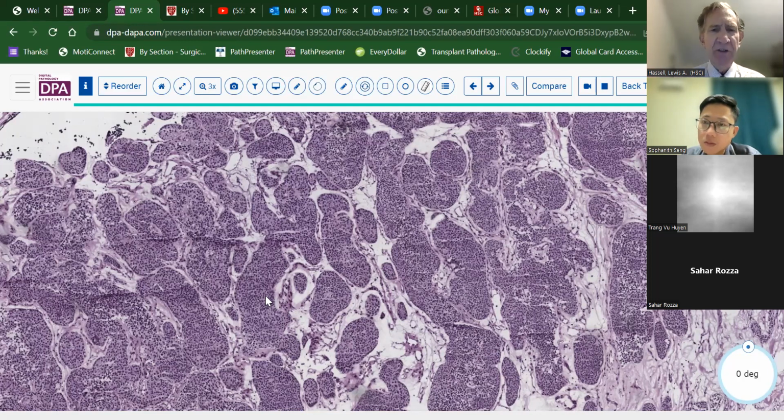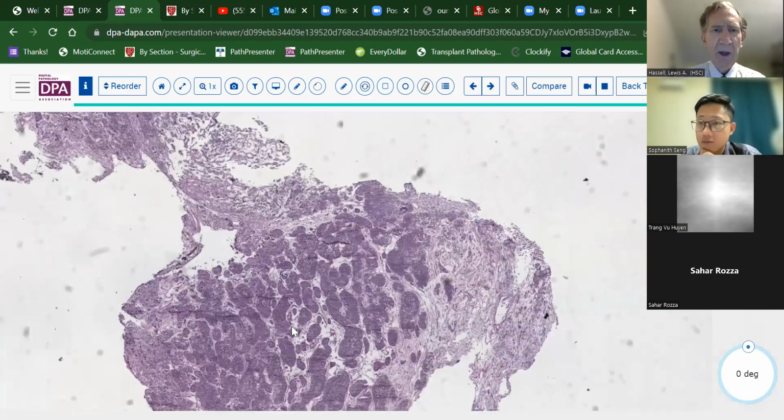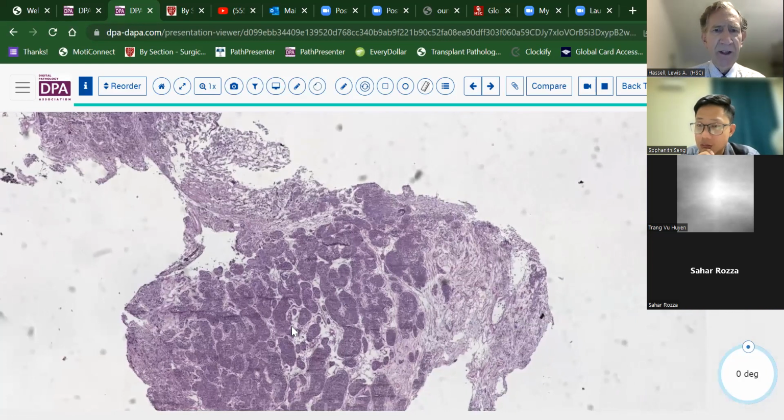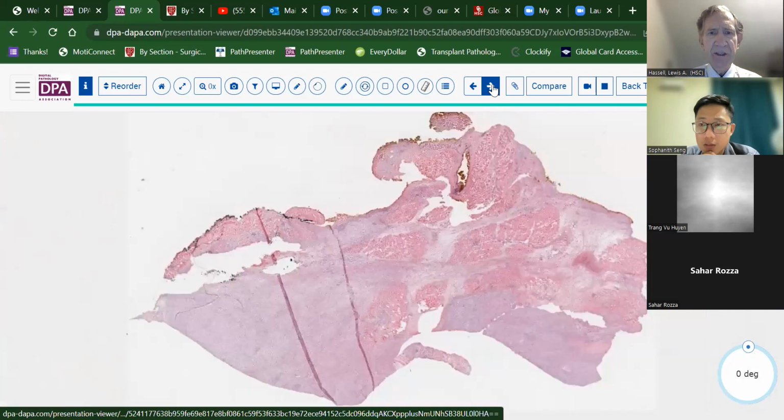I suppose the other thing in the differential I always want to think about is melanoma. There can be small cell melanomas that can present in the sinonasal tract as well. And so being aware of that possibility is important in this sort of situation. So those are two frozen section situations that are not uncommon, and the kind of questions that we're being asked are quite pertinent. With the next case, we illustrate another situation where frozen section comes into play, and that is